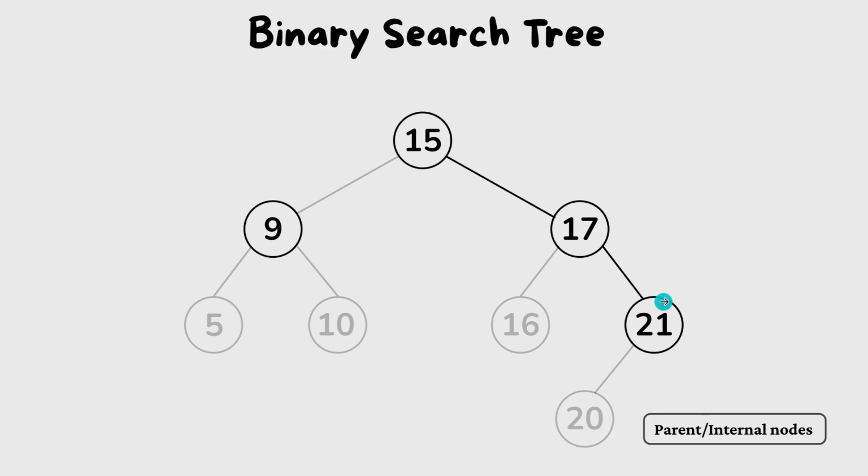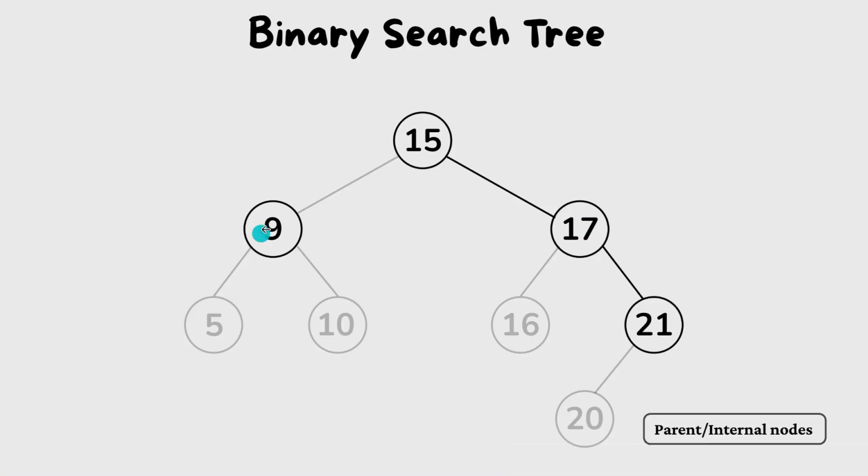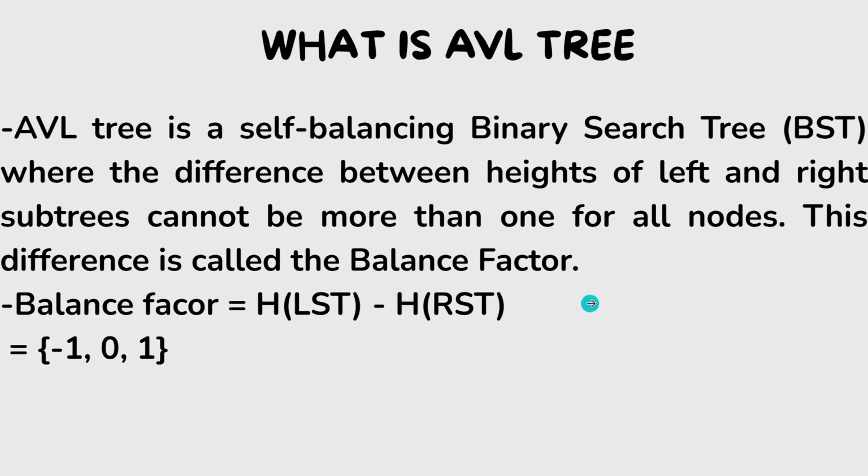So, the internal nodes here are 21 and the parent nodes are 17, 9 and 15. Meanwhile,